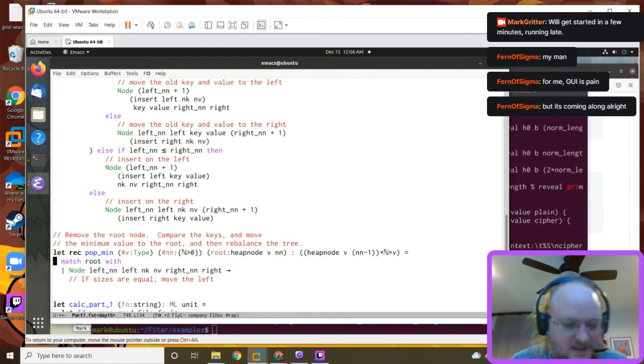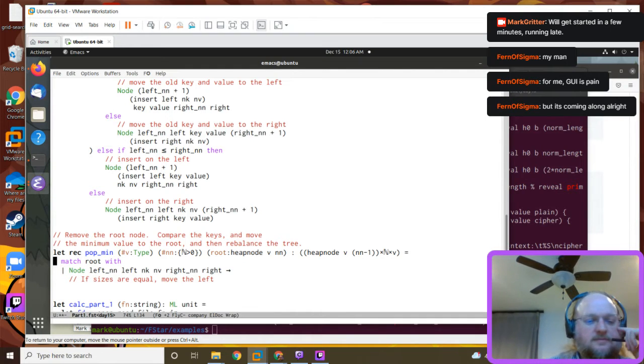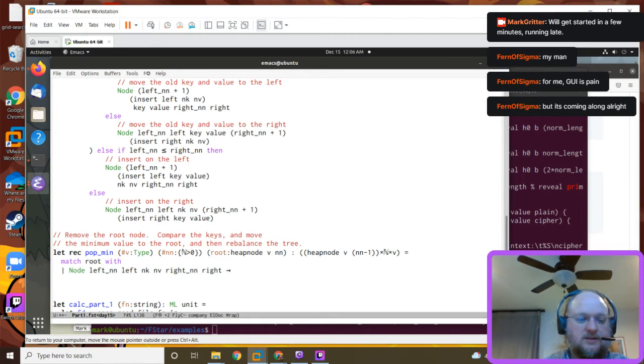Because tree rebalancing is a pain. Okay. So we'll probably write this in terms of something else. Okay. In fact, I think what we're going to do is we're actually going to pattern match these. So if, all right, so if